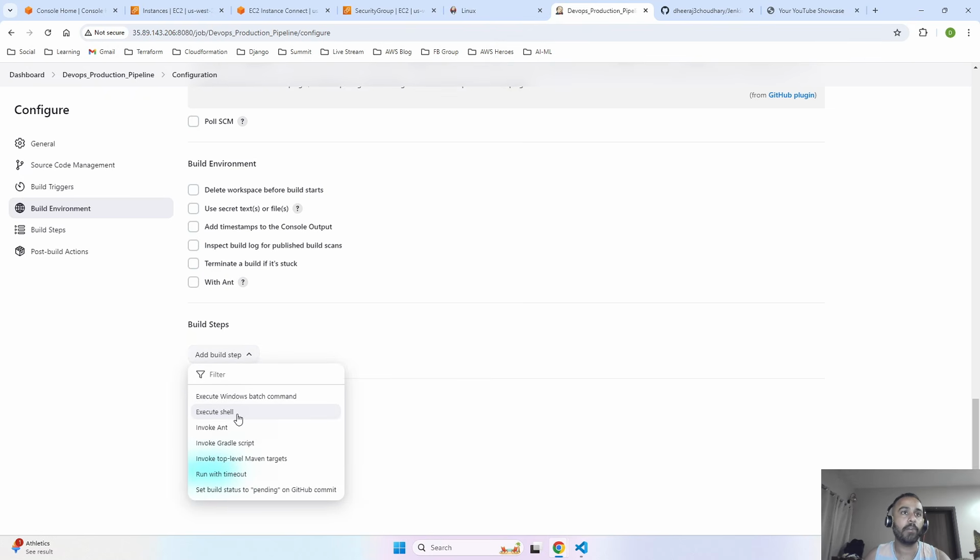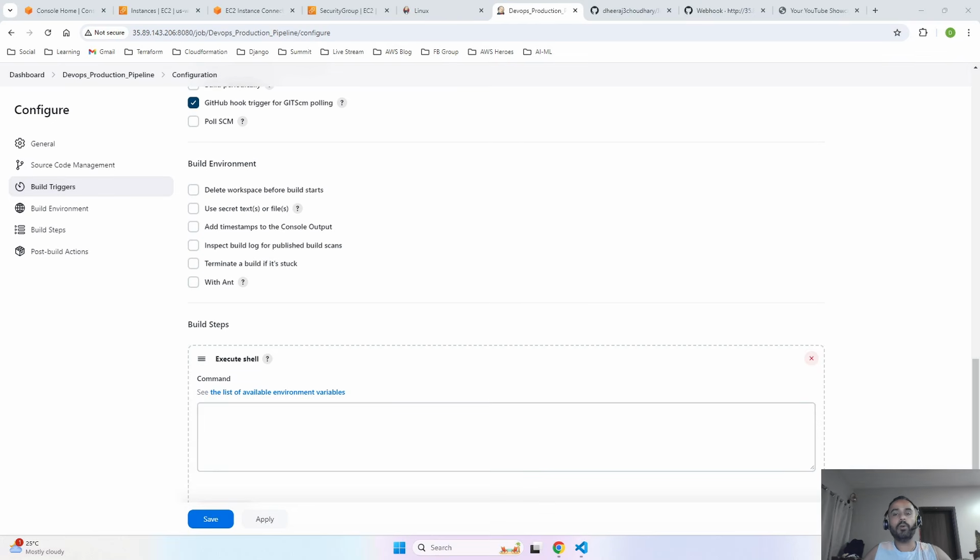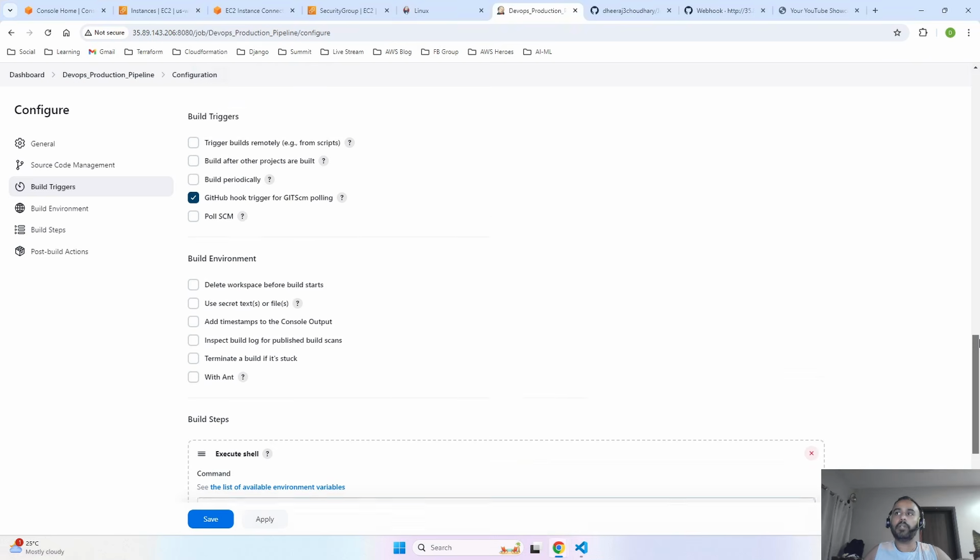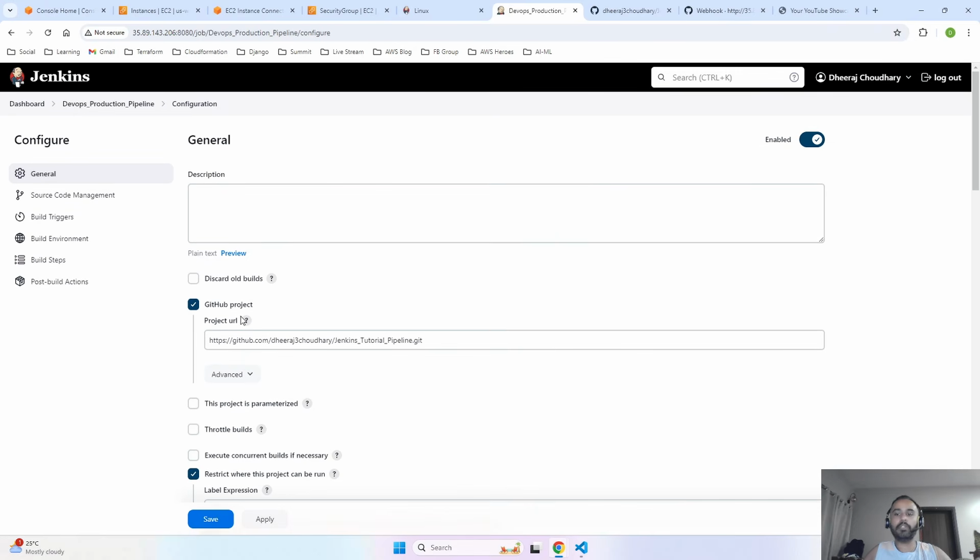In the build step, I'm going to click on execute shell. Now in execute shell, we have to provide the command where our files are going to be copied. So as you can see, let's understand the job from the start. First and foremost, it is going to clone the code that we have over here, and it is going to save that in workspace. Whenever it saves that in workspace, it saves under the folder which is the name of your job, that is